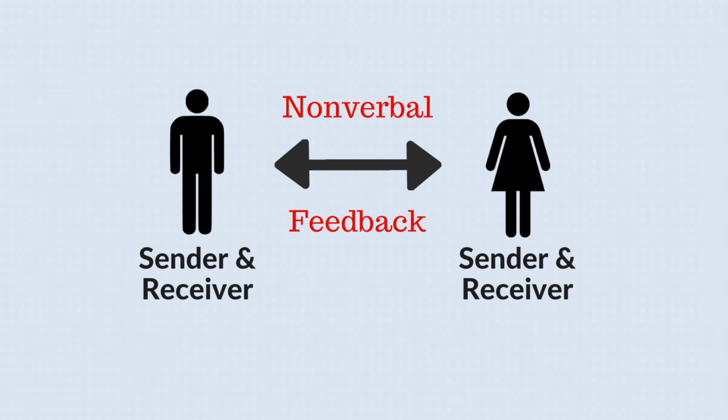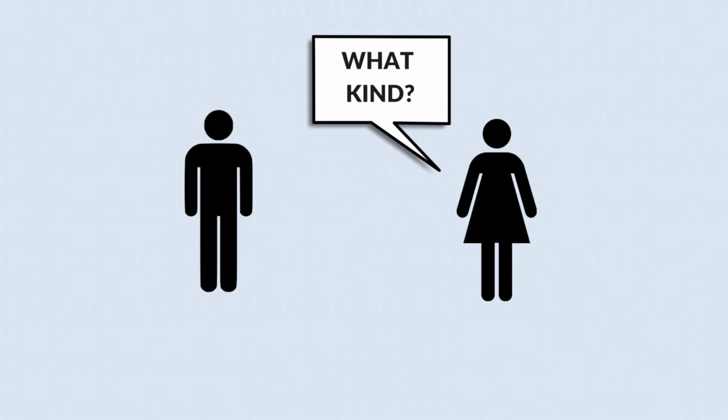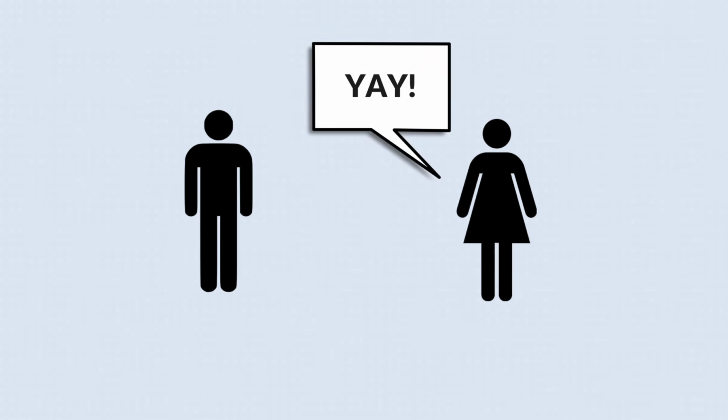There's a back and forth, there's a simultaneousness to it where you're figuring out what you mean as you go along. So once again, if I say I'd like to buy a car, and let's assume I am face-to-face this time in the conversation with my wife, we would have a back and forth discussion about what exactly that meant and what kind of car was I picturing and what kind of car might she be picturing. And hopefully, if it goes well, at the end of that conversation, we have reached some sense of shared meaning, a type of meaning agreement about what we mean when we say we'd like to buy a car.